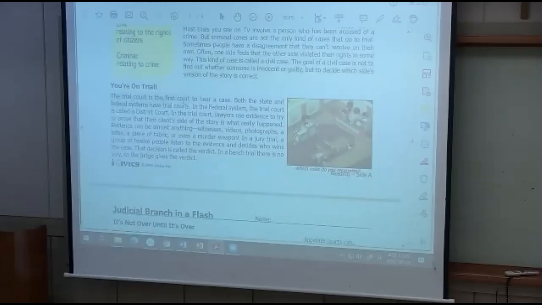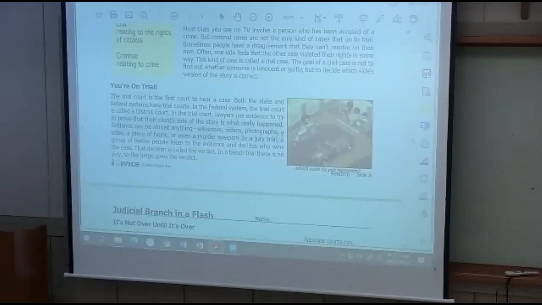The trial court is the first court to hear a case. Both the state and the federal systems have trial courts. In the federal system, the trial court is called a district court. In the trial court, lawyers use evidence to try to prove that their client's side of the story is what really happened. Evidence can be almost anything: witnesses, videos, or photographs, a letter, a piece of fabric, or even a